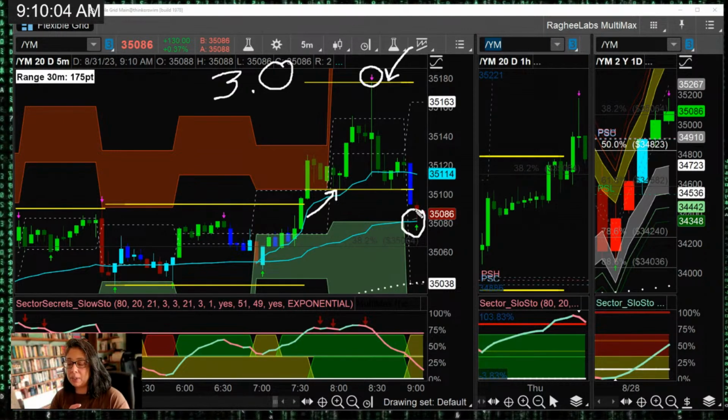Let's juxtapose an alarm clock that goes off at 6, jars you awake, to the relative peacefulness of a really good GPS or maps, right? Maps tells you in 100 yards, in a quarter mile, turn left. It tells you in 1 mile, take the exit. So that's what this is designed to be. Not an alarm where you're all of a sudden scrambling to get in or get out, but rather